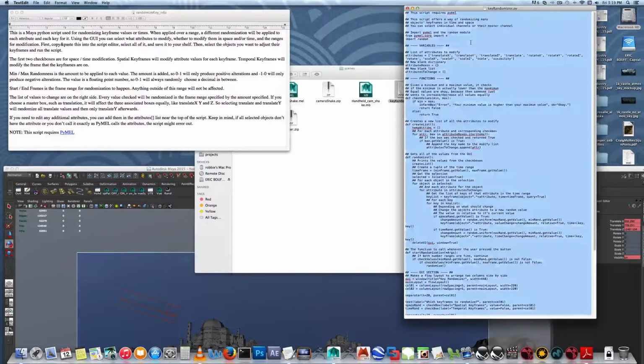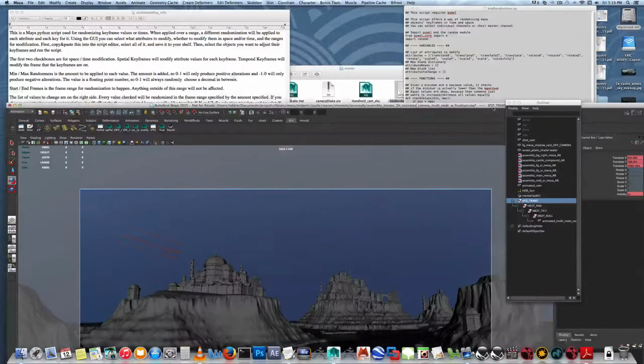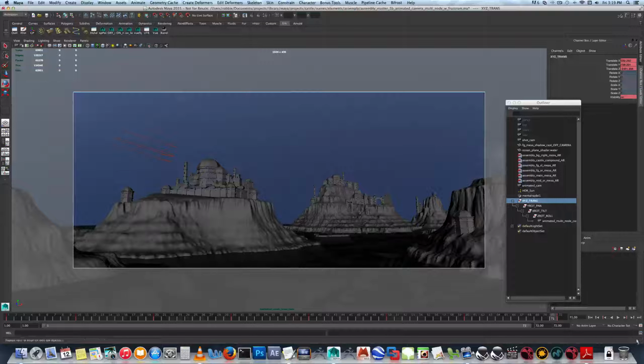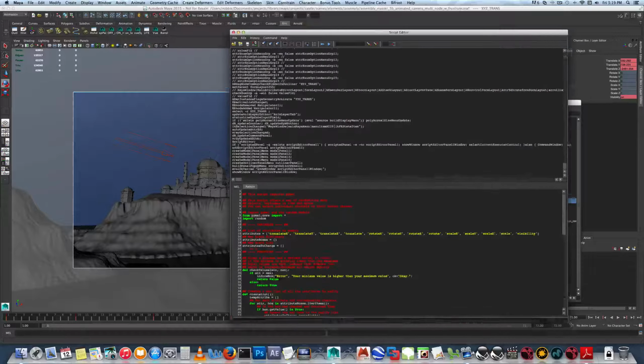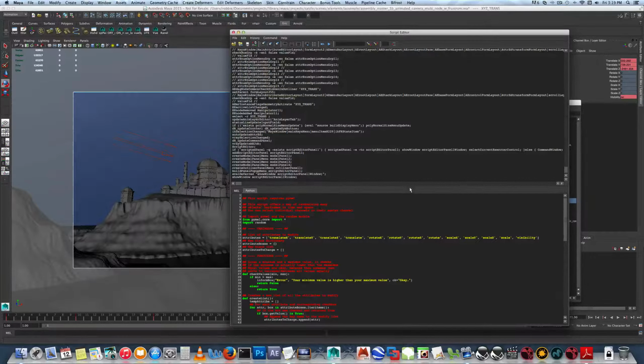Double click that, and this is the script that someone wrote. It's free. It's really great. It has a lot of different attributes. And basically, if you copy paste that into the script editor, so open the script editor, and then here on the Python tab, you can see I've already used it once, so it shows up. But if you select this,